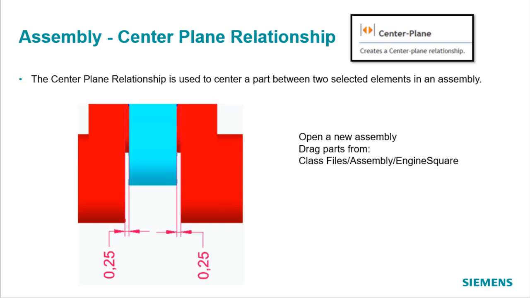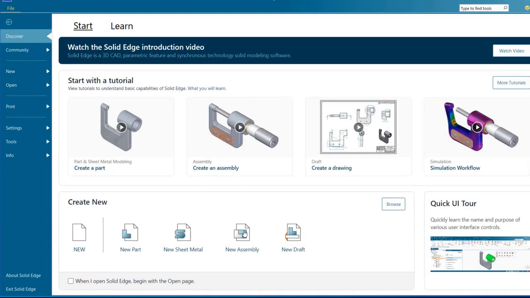So let's take a look at the assembly center plane relationship. The center plane relationship is used to center a part between two selected elements in an assembly. To start, we're going to open a new assembly and drag the parts in from Class Files Assembly Engine Square folder. So we'll start by going to a new assembly,